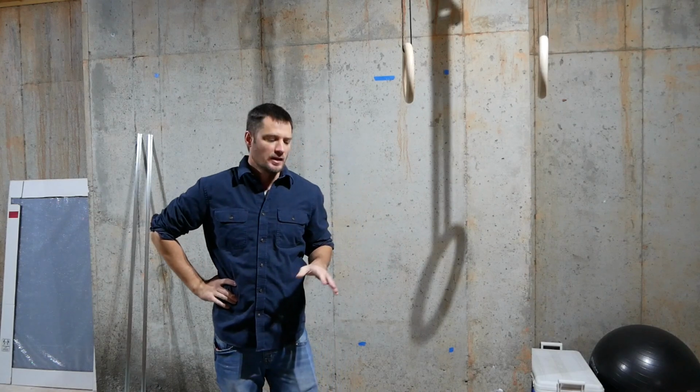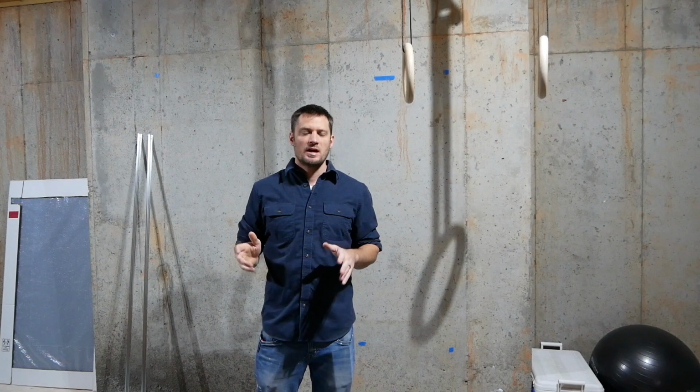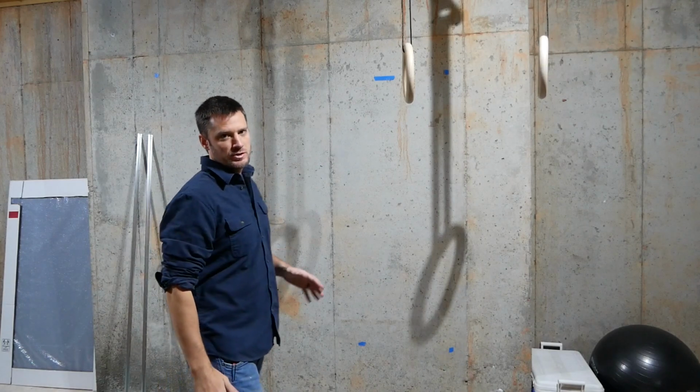Welcome back. I've got a little project that I'm working on today. So I'm down in my basement gym and I didn't have any mirrors down here. I just had a small little dressing mirror that was actually left with the house. So I'm actually gonna put some mirrors on this wall here, and I've purchased a couple of mirrors we're gonna